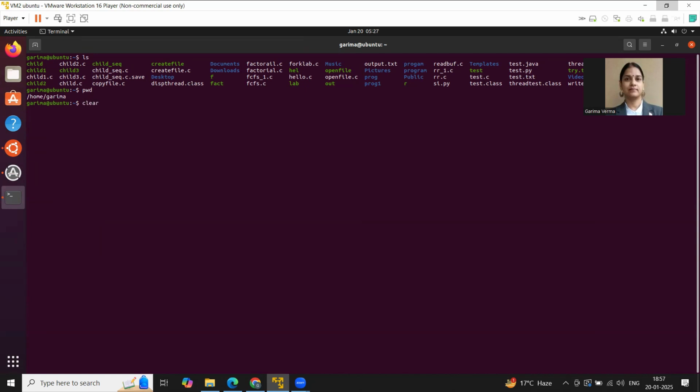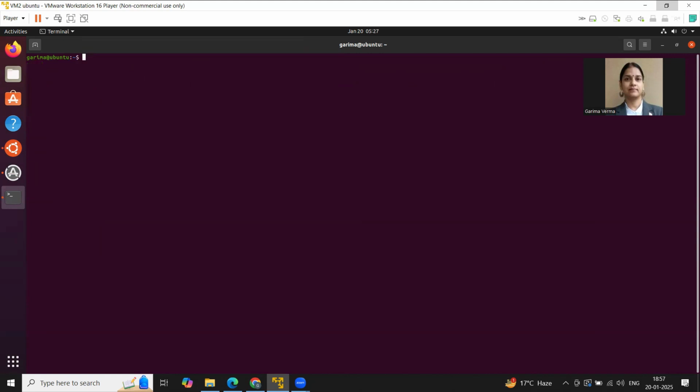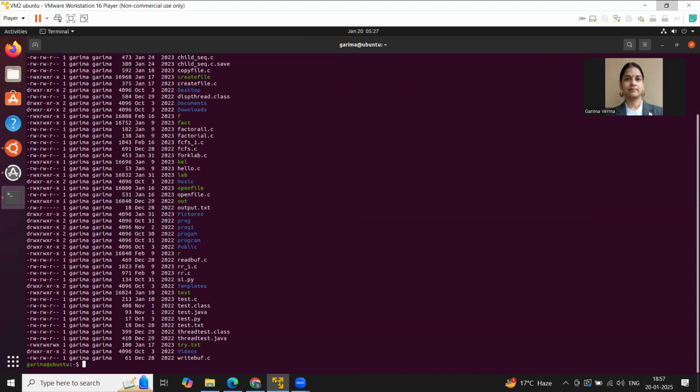I'm clearing my screen by typing the clear command. So my screen is clear now. With ls you can use an option: ls, space, -l. It means long listing. So basically what will it give? The file name, when it was created, who is the owner of the file, what is the space occupied by the file. For example, here you can see test.c, created on January 10, 2023, its size is 213, and its owner is Garima. So these kinds of details you can see when you give the command ls -l.